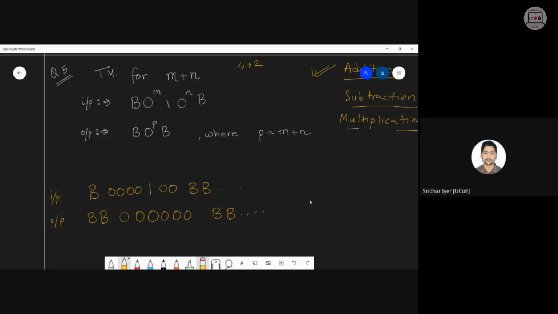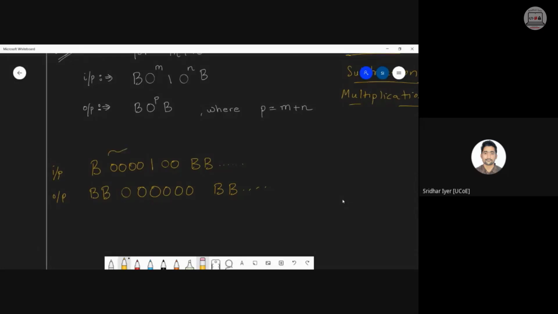So basically what you are doing is your logic is very simple. Just have a look. You're having 4 values over here. These are nothing but 4 m's. This is nothing but 2 n. And this one is an extra character just to separate m from n. Am I clear? And at the end, you want the answer as 6 p, where p is nothing but m plus n. बना सकते हो इसका logic? Yes or no? So basically, it's very simple. You need to get rid of that extra character one. कैसे भी करके वो extra character one आपको निकालना है, and then it's very simple.